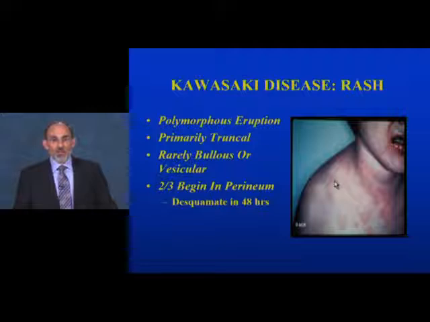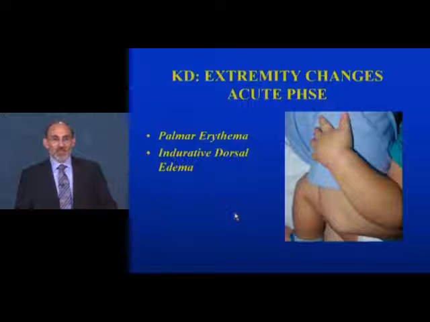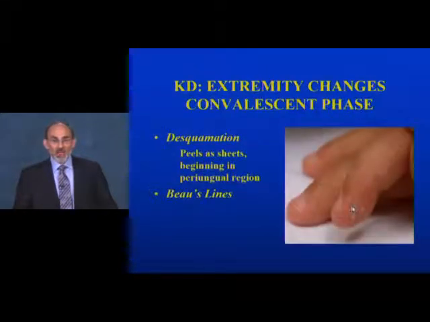The rash can look like almost anything. It's primarily on the body, but may rarely involve the face, and 2/3 of the time it begins in the perineum, and it desquamates within 2 days of onset of disease. These children get dorsal swelling of the hand, as well as erythema of the palms and soles,